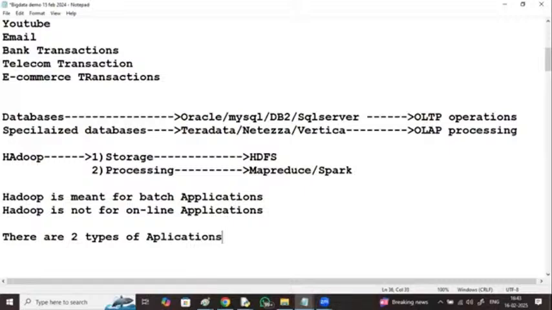Before I go into the advantages of Hadoop, you need to know something about the Hadoop architecture. As of now, I'll just give an overview, but we'll discuss the storage architecture and processing architecture separately in brief. Hadoop doesn't follow client-server architecture.